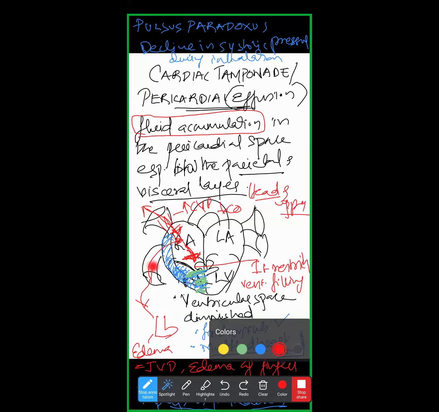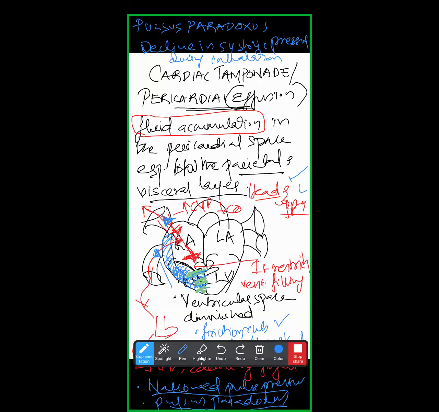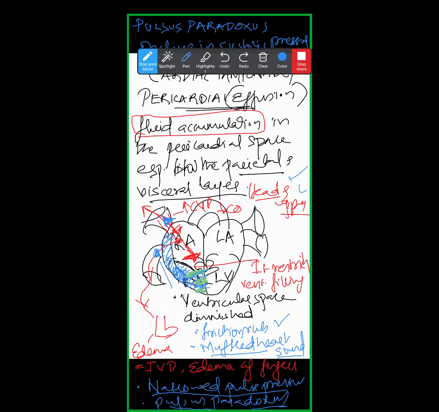You want to remember these two arrow marks. I'll just draw it here. Backflow occurs to the superior vena cava and inferior vena cava. So same right side heart failure symptoms only. So we can see what? Head and upper extremity backflow, which can lead to jugular vein distension, edema of fingers and hands. Inferior vena cava backflow, this can lead to what? Edema of lower extremities. And we can see friction rub heard on auscultation, muffled heart sound, narrowed pulse pressure, and